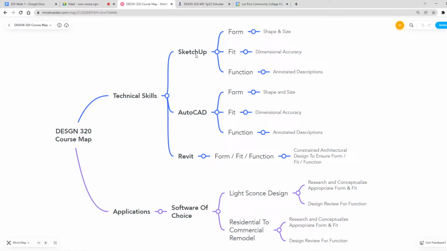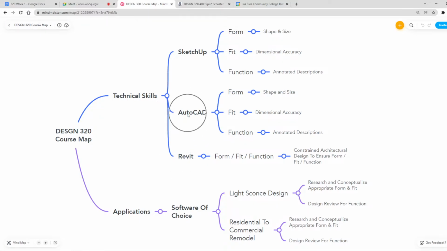We're going to cover SketchUp, a little bit of form, fit, and function. And then we're going to repeat all that with different examples using AutoCAD for form, fit, and function. And then we're going to use Revit.